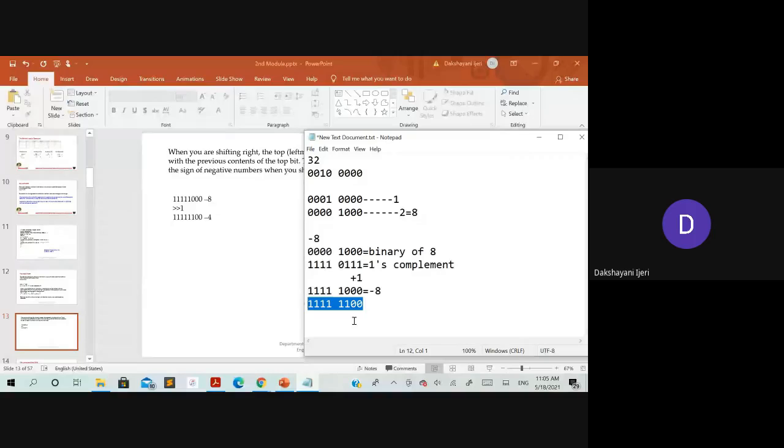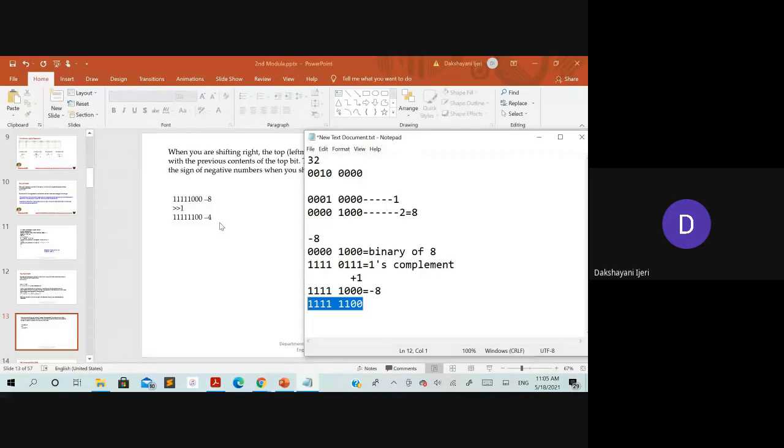4, right? So that is nothing but the resultant as a -4, isn't it? Since it is a negative representation over here, you can see 0, 1, 2, right? So it is a -4 over here. Okay, so this is how the right shifting is done with the positive integers and the negative integers.